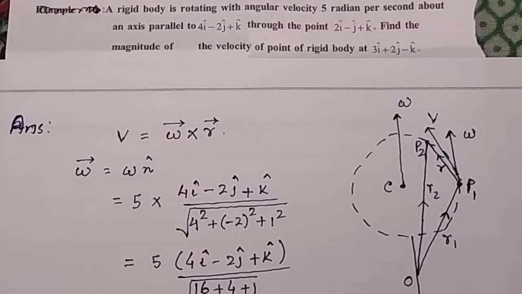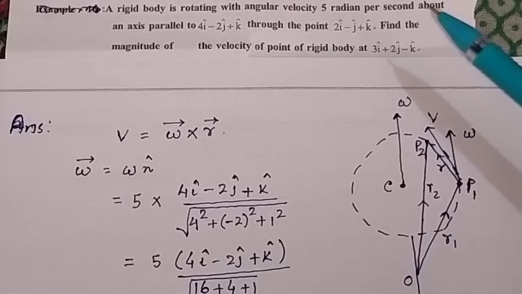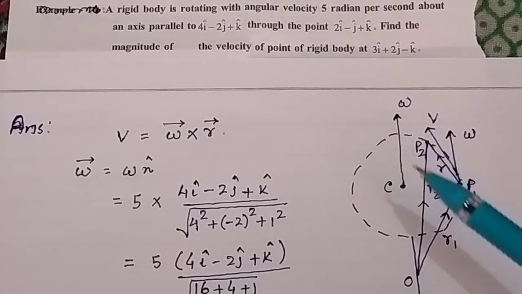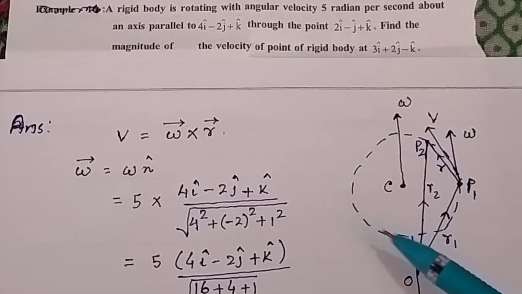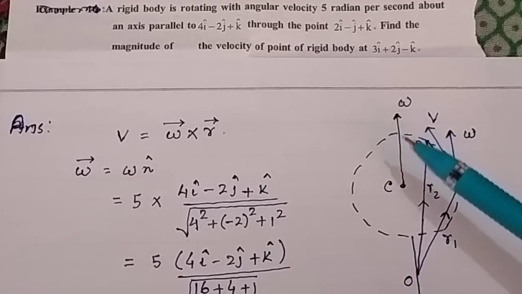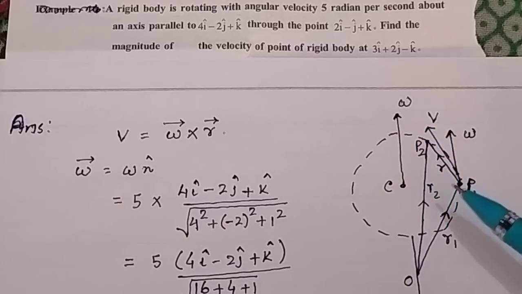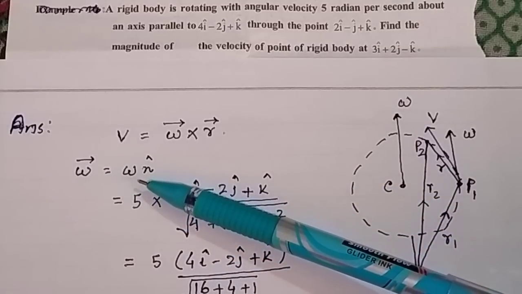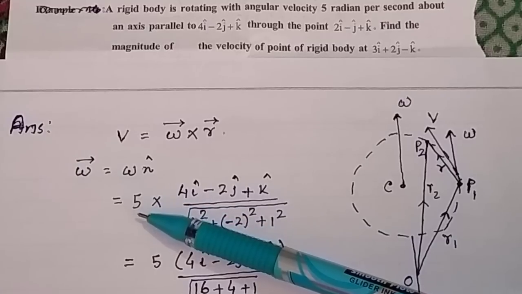A rigid body is rotating with angular velocity 5 radian per second about an axis parallel to 4i cap minus 2j cap plus k cap. So it is given that the magnitude of the angular velocity of the rigid body is 5 radian per second. Suppose the rigid body is moving in the plane of the paper, angular velocity is perpendicular to the plane of the paper, and it is given omega, the magnitude, is equal to 5 radian per second,